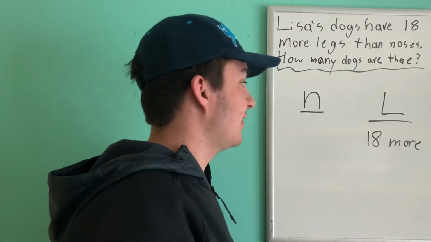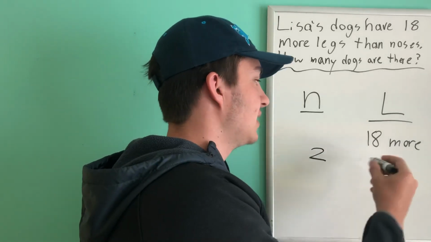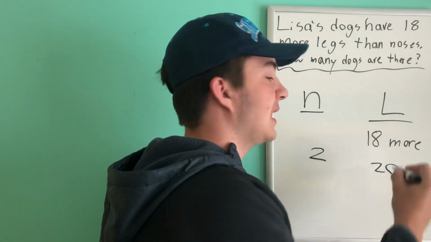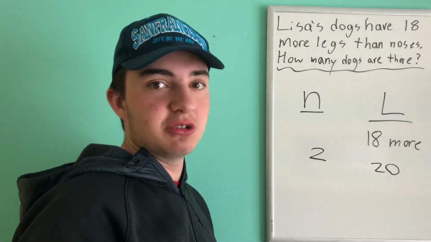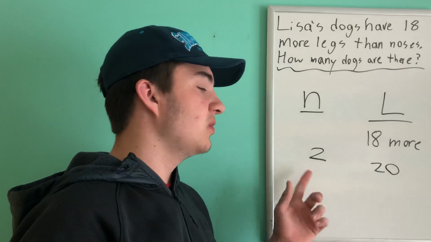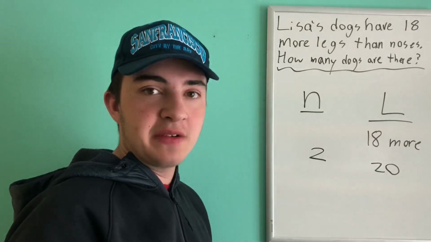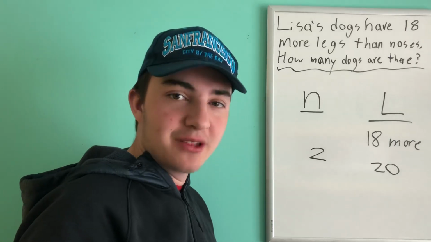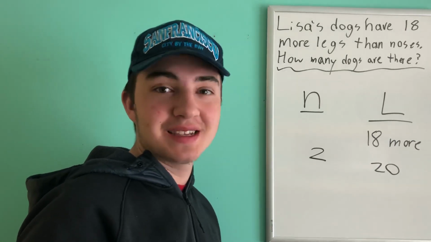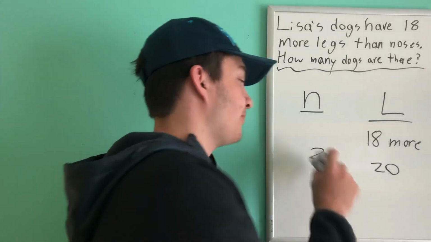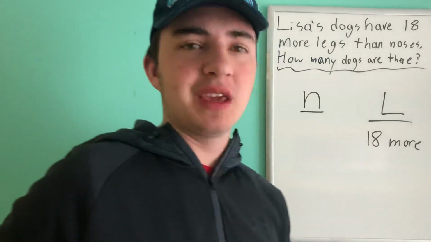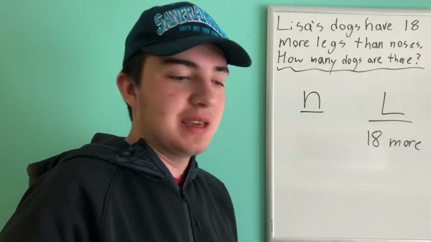Let's try 2. If we have 2 noses, then we have 20 legs, right? Because 18 more. 18 plus 2 is 20. Now, 2 noses means 2 dogs. And if there's 20 legs, that means each has 10, right? That doesn't make sense either. When have you ever seen a dog with 10 legs? Never, right? So, we can go on forever and keep guessing at that, but let's try to do something more